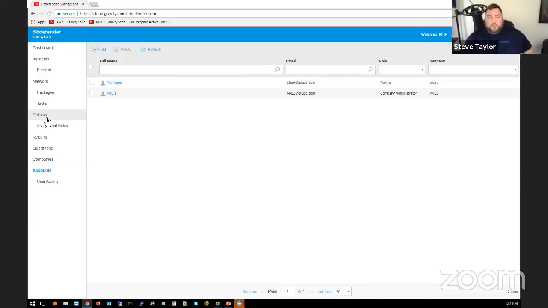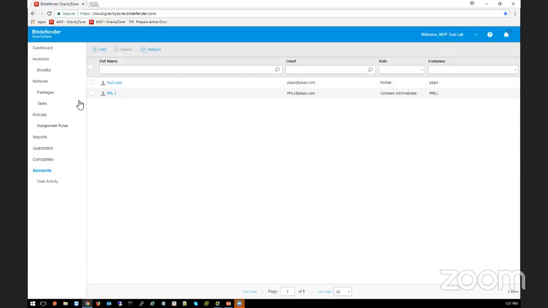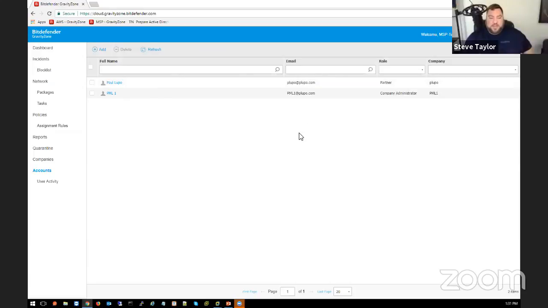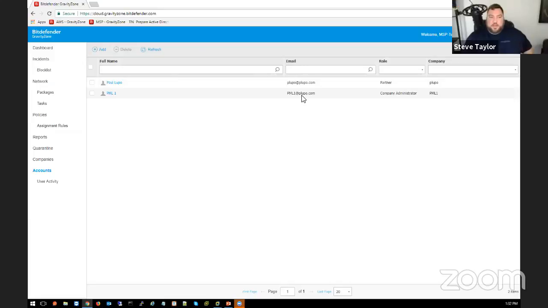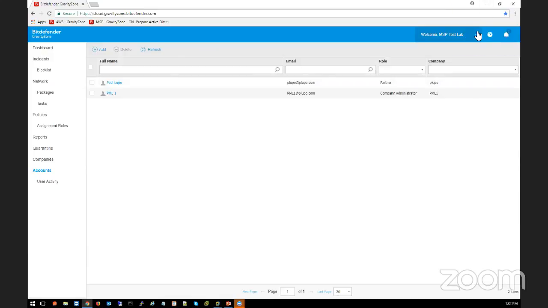So, real quick, you said that when adding the account, they need to have a unique email address. Correct. If I'm understanding this correctly, let's say one of Johnny Walker's clients fires him and becomes my client. If he doesn't delete them out of his GravityZone, I can't add them. And that's a whole other can of worms. So I don't want to upset Johnny Walker, but if the customer is moving to a new partner,